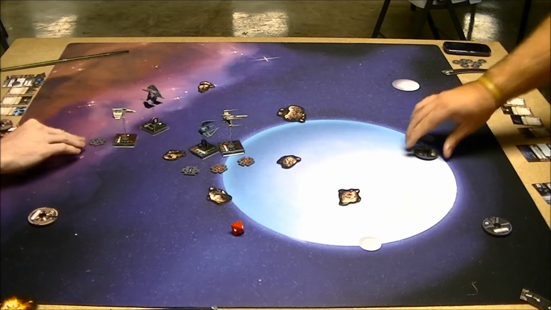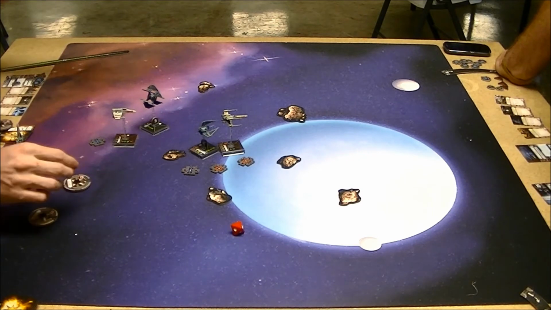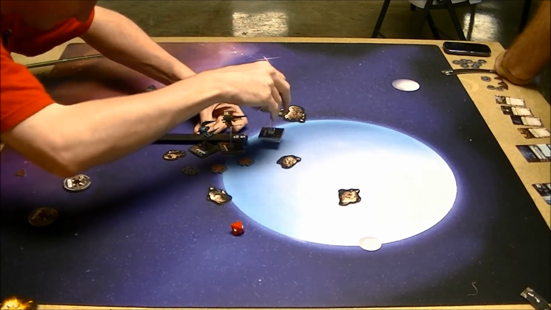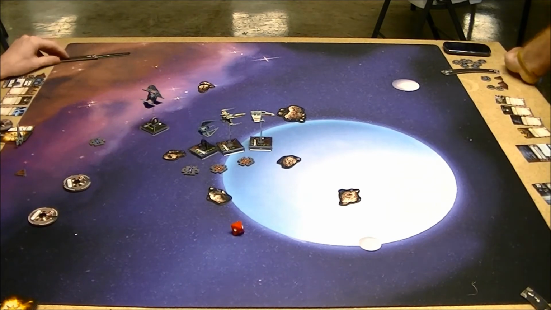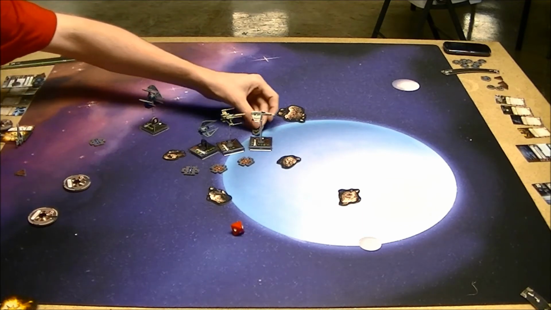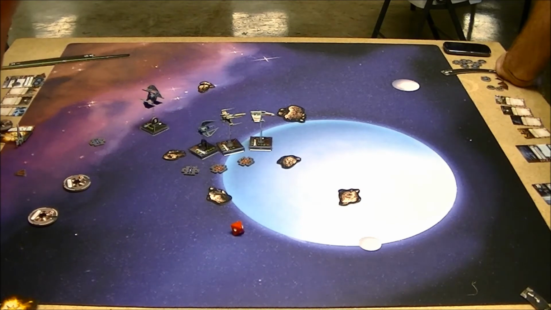And then Corin's gonna shoot up there. I think that's a 5 forward. Yep, just gets past it. I think he takes the focus. If it had been me, I probably would have taken that evade. I think we're discussing this right now. I think he ends up... He's trying to decide